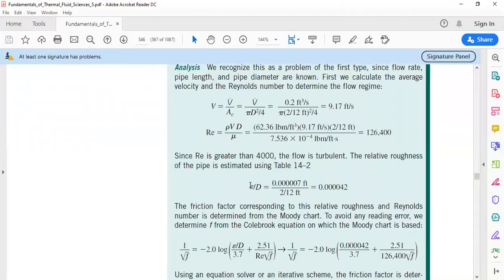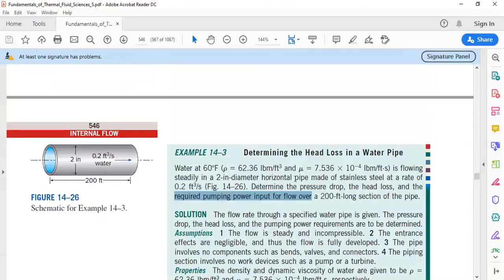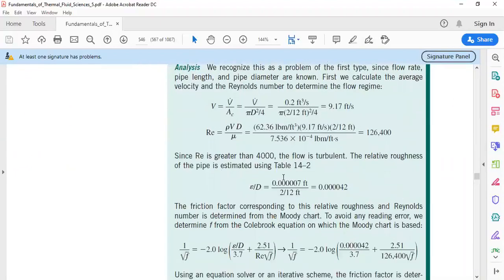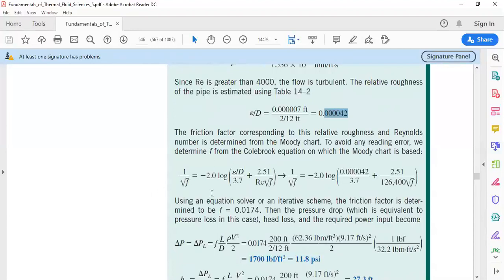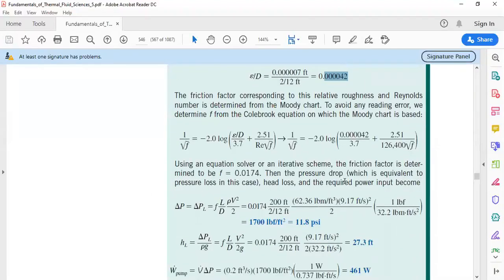We calculate the relative roughness parameter. We get the roughness for the pipe material, which in this case is stainless steel. So we go to table 14.2 and get the value for the roughness, now in feet, since we're dealing with the English unit system, and we calculate the relative roughness and find it to be 4.2 times 10 to the power minus 5. The friction factor, according to the Colebrook equation, using an iterative scheme, we calculate to be 0.0174, or